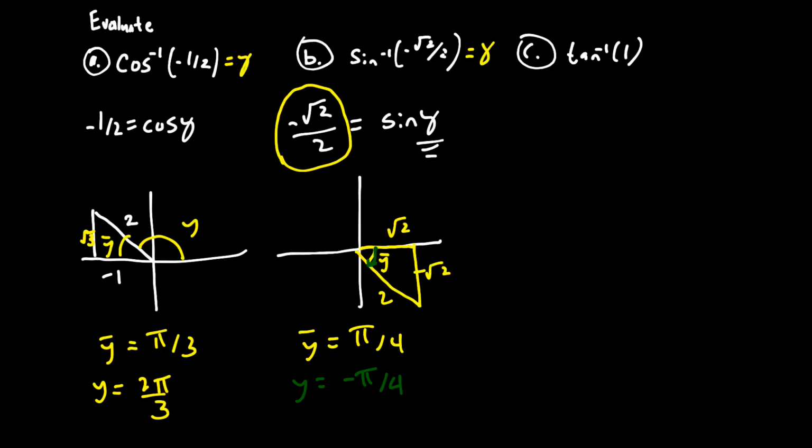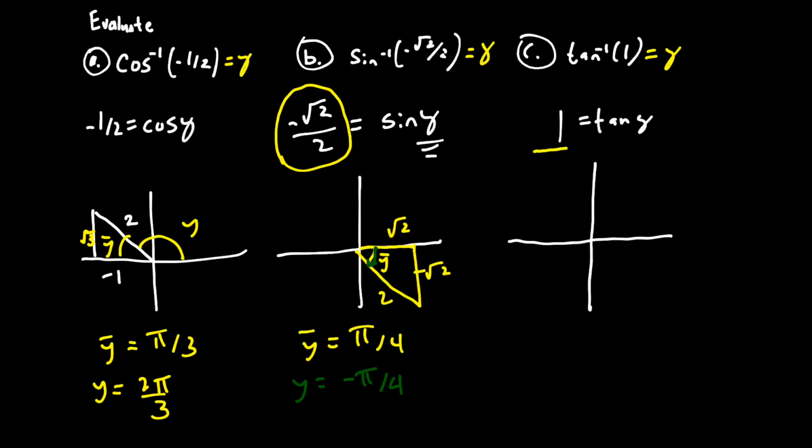In part C, we want to evaluate tan inverse at 1. We'll set this equal to y so that we can rewrite this. Then using, again, the definition of an inverse function, this is equivalent to saying tan evaluated at y is equal to 1. Again, we can form a right triangle, and since inverse tan has a range between negative pi divided by 2 and pi divided by 2, we can form a right triangle in either the first quadrant or the fourth quadrant. Since